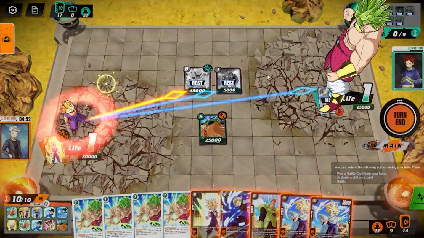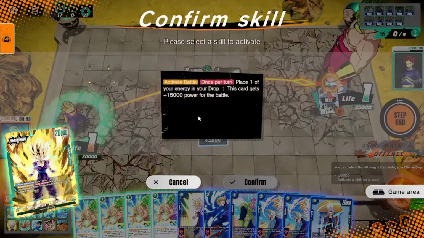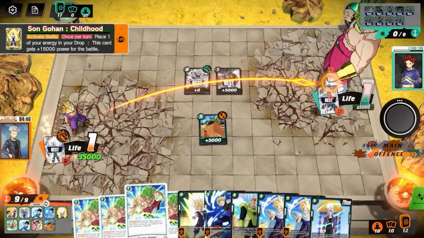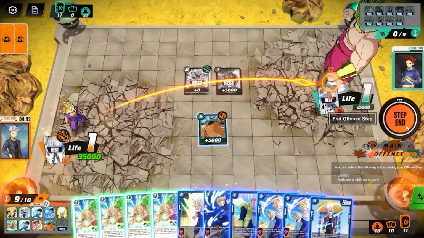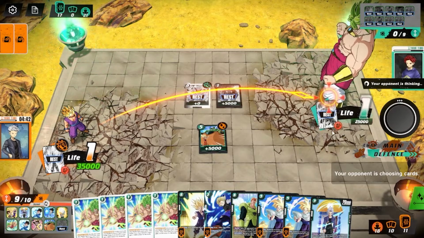Actually, no. We're going to do it like this because he still has his ability to activate main to draw a card. The skill... There's no way he has this, so we won't be that vicious on him. We'll just go for this. I lost my secret rare, not that it really helps. And we will end the game. The only thing that would happen...